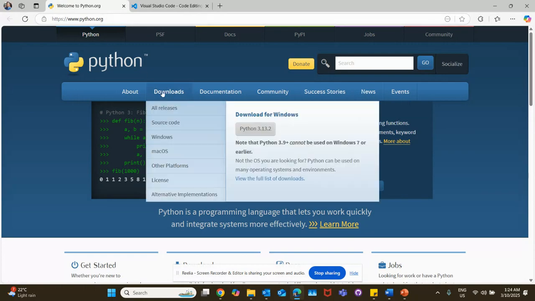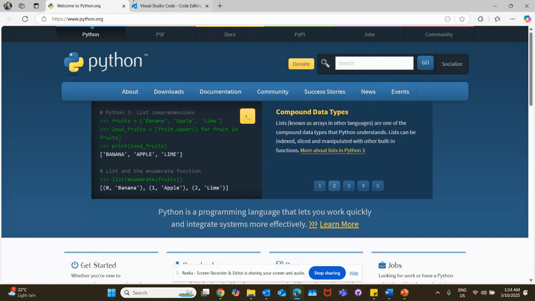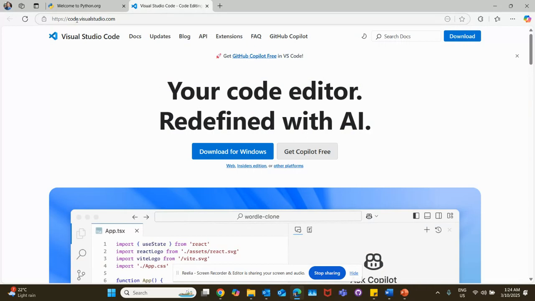python.org and there is a menu. You can download the latest Python versions for Windows and install them. Similarly, if you go to code.visualstudio.com, on the front page there is an option to download for Windows, so you can download Visual Studio Code. Once you have